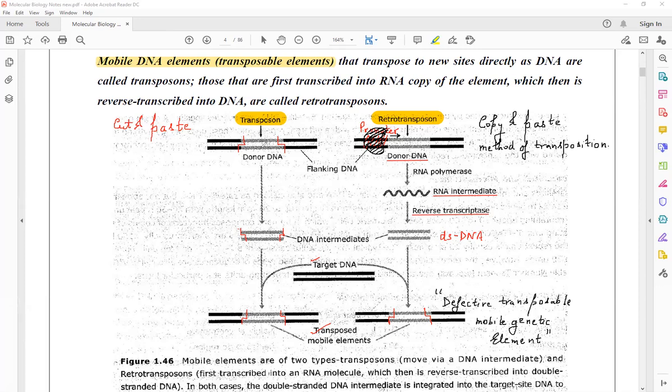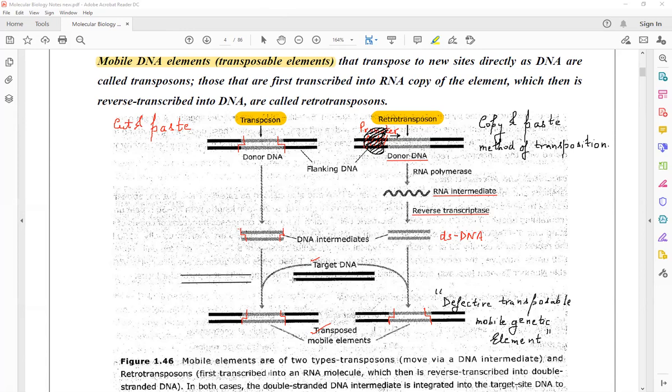For example, in this case, the transposition can take place when one DNA is going to be targeted to one DNA strand and another fragment of the DNA could be targeted to another strand of the DNA. देखिए ऐसा नहीं है कि एक ही स्ट्रैंड पे जाएगा, ये दो स्ट्रैंड पे भी जा सकता है. It can also move to two different strands of the DNA molecule. Okay, so I'm just taking two different strands, one here and another here. So this target DNA will move to this parental strand as well as to this parental strand. So it can move to both the strands.